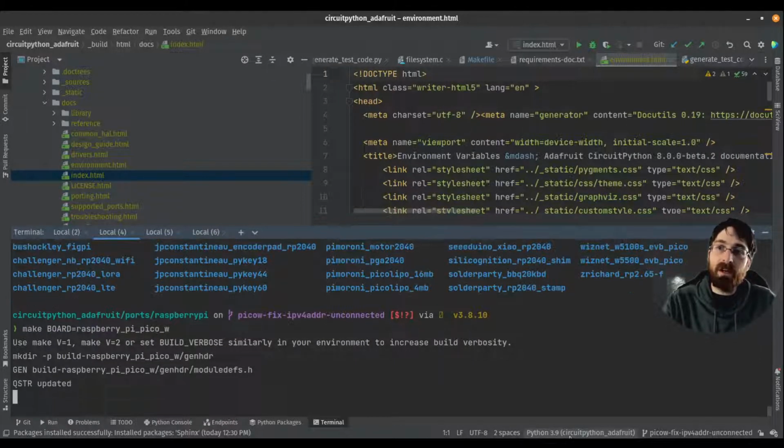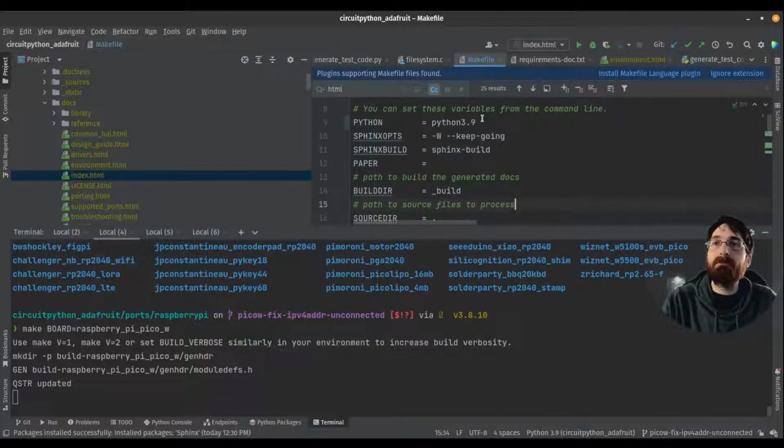I just installed Python 3.9 earlier today and tried to switch this repo over to using it, including kind of wonkily having to change this here to be 3.9.